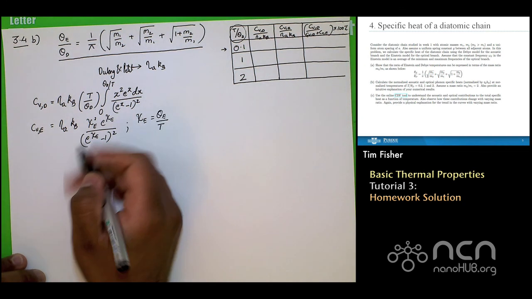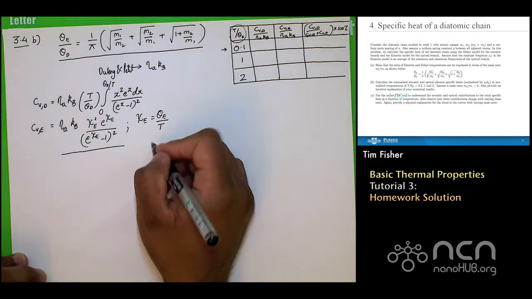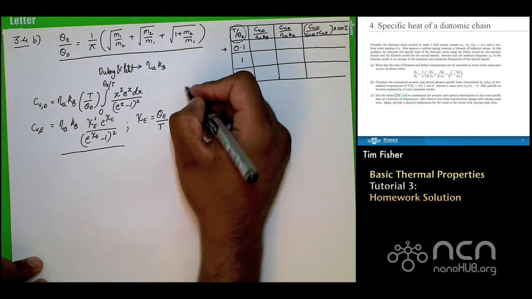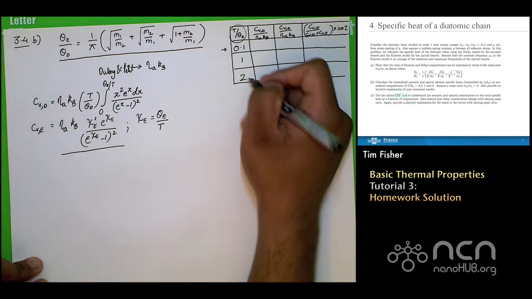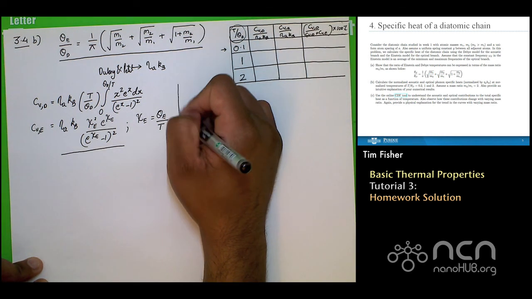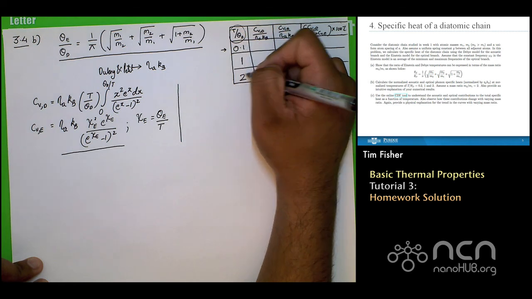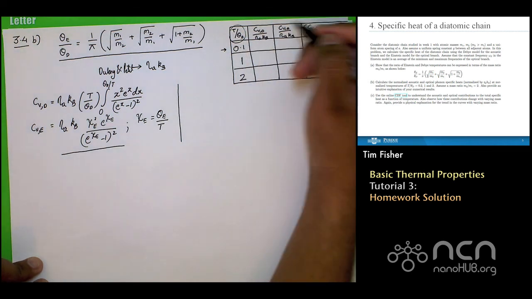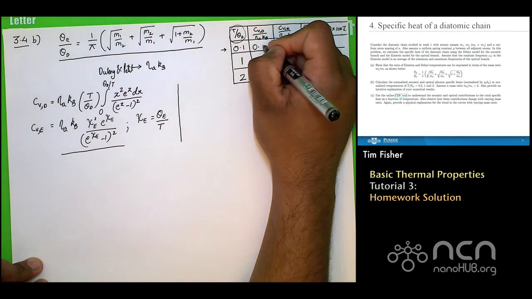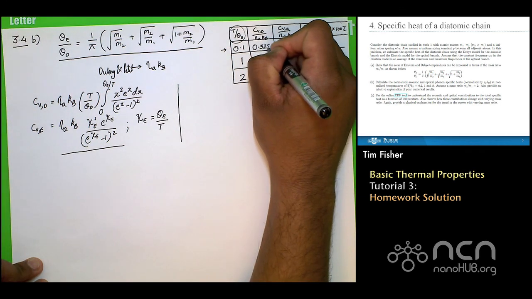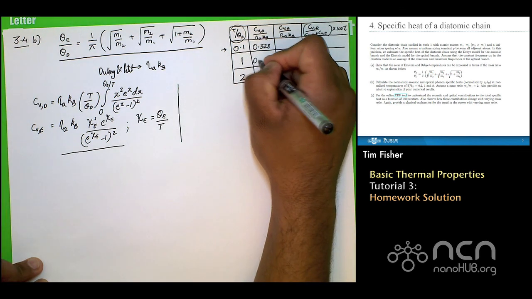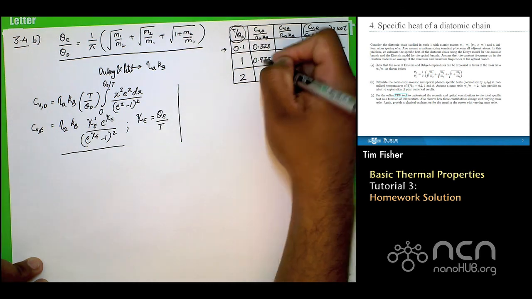So this expression is the optical phonon contribution to the specific heat. Now, plugging in some values here and finding numerical answers to the question, we find that for these three normalized temperatures, the normalized specific heat, or the Debye specific heat, is given by these numbers. So it's 0.328. For T by theta D equals 0.1, it's 0.973, and it's